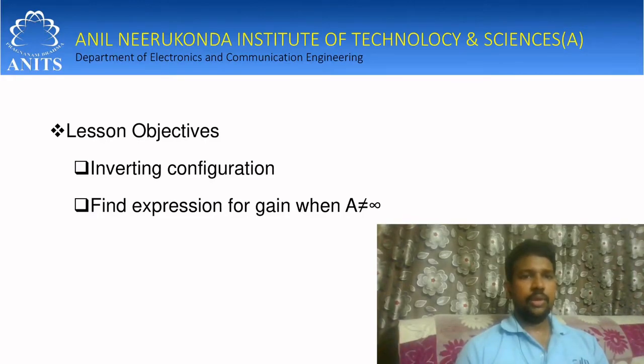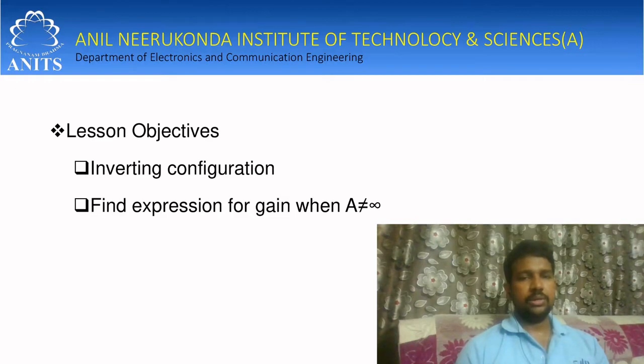In the earlier classes, we have learned about the basics of the operational amplifier, where we have seen the relationship between the output and the input. Also, we have understood the open loop configuration of the op amp. We have learned two important rules of the operational amplifier, where the current drawn by the input terminals of the op amp is zero because the input impedance of the op amp is very high even in practice. Also, the virtual short concept.